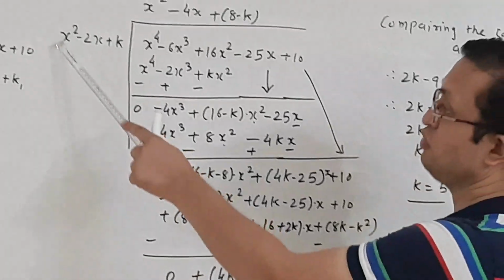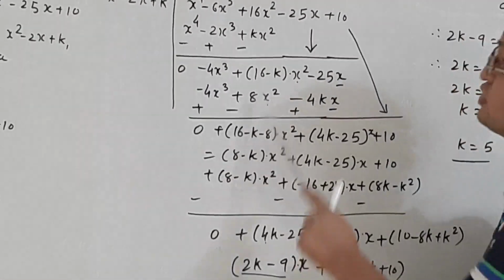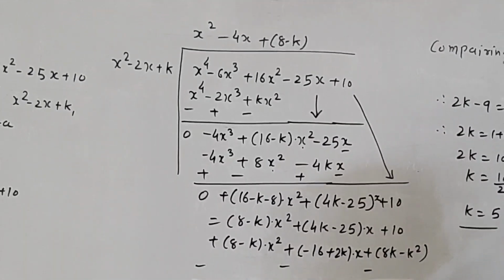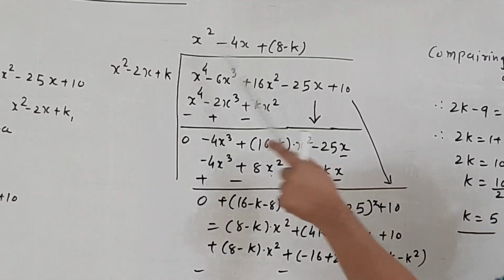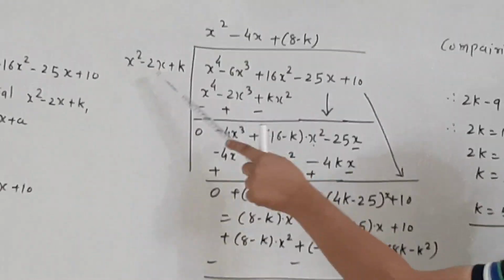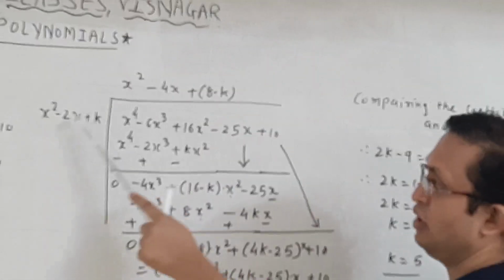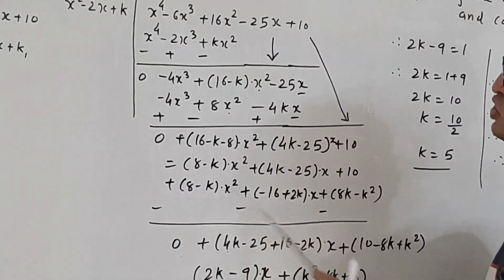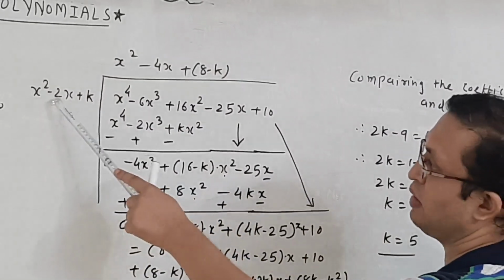Again, x square multiply with 8 minus k is equal to 8 minus k into x square. Therefore 8 minus k x square, and 8k multiply minus 2x. See here x is common, 8 multiply minus 2 is minus 16, and minus k multiplied with minus 2,